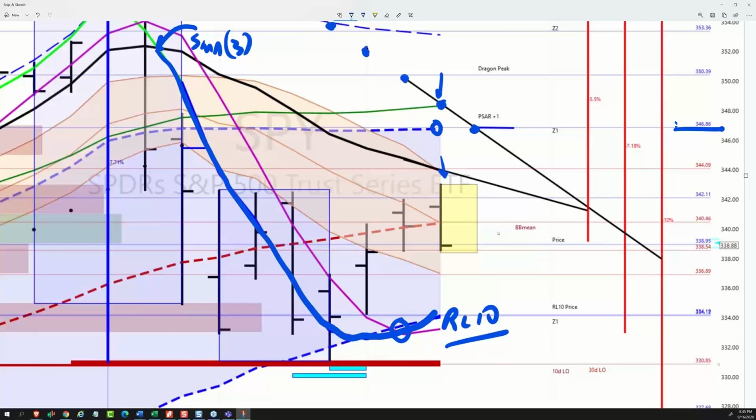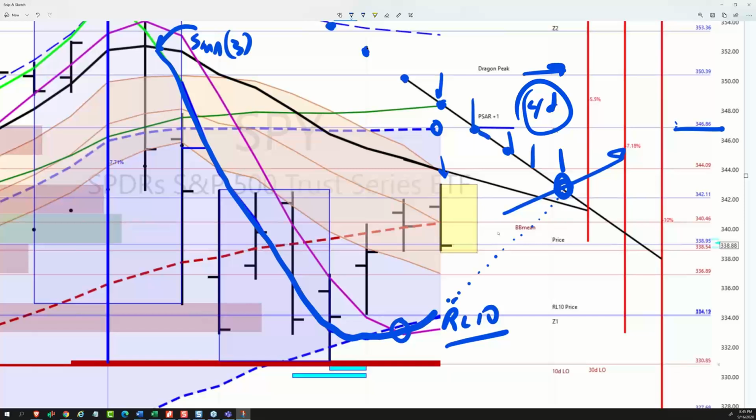And as this price goes out into the future, we have to see that RL10 continue to improve. If it was a perfectly rational line, we might think that tomorrow, the next day, and the next day, by about 4 days from now, if everything else remains true, that RL10 could cross the PSAR, and now that PSAR would flip, and then it would come down to right about here, because it comes to the bottom of the RL10. And then this is where the new PSAR would be.